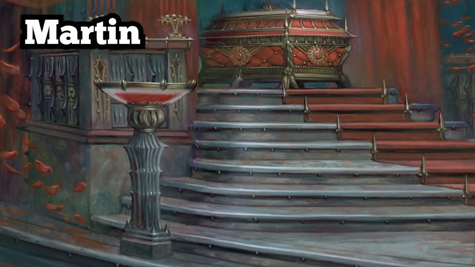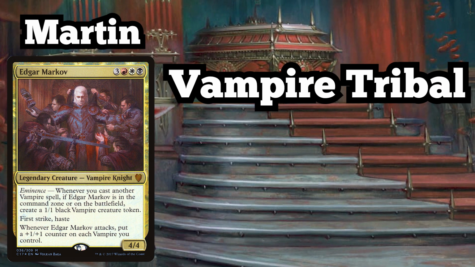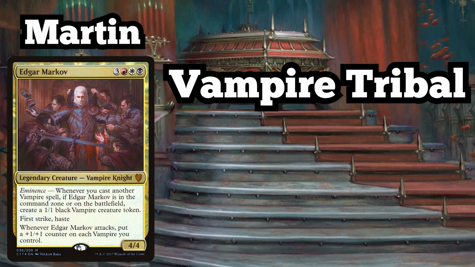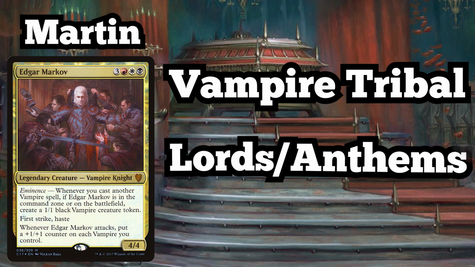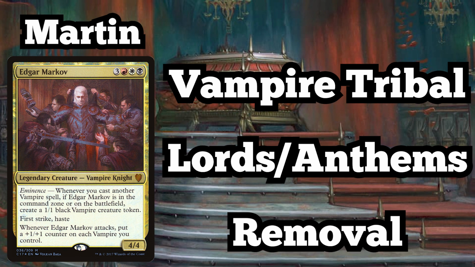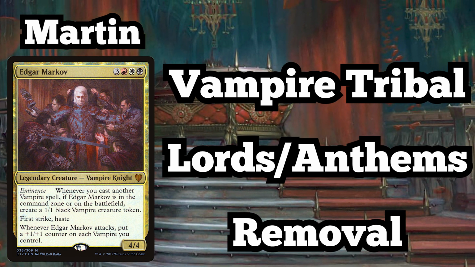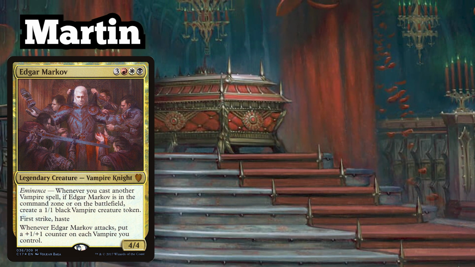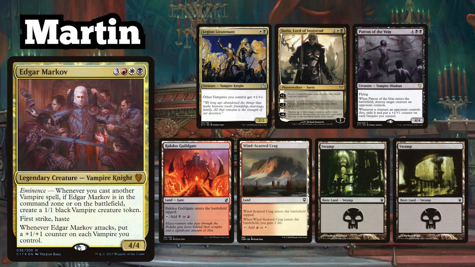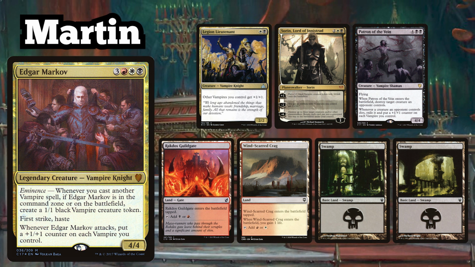So, without any further ado, let's take a look at those opening hands. I am playing my Edgar Markov Vampire Tribal deck, which aims to power up the tokens that my commander produces with a variety of lords and anthem effects. I also run a healthy amount of removal to deal with my opponent's biggest threats, allowing me to attack with my army of bloodsuckers unimpeded. My opening hand consists of Legion Lieutenant, Sovereign Lord of Innistrad, Patron of the Vein, Rakdos Guildgate, Windscarred Crag, and